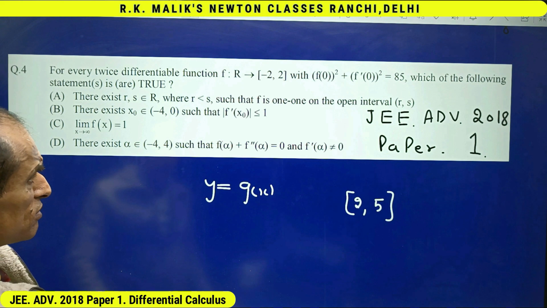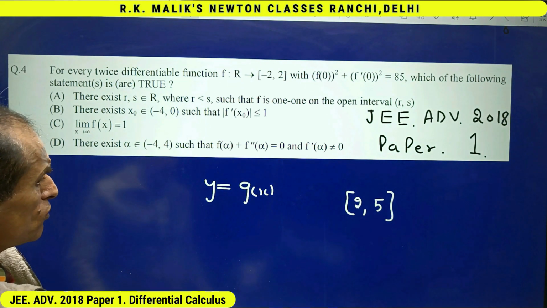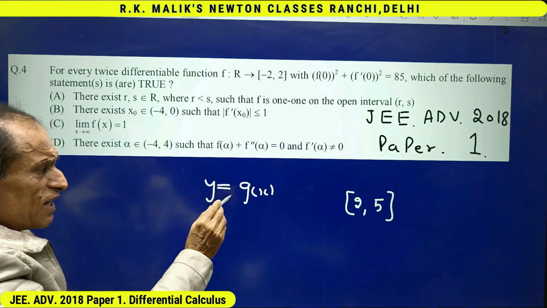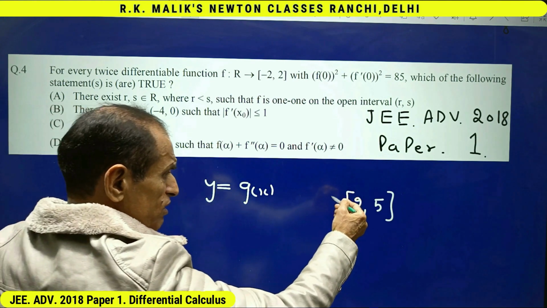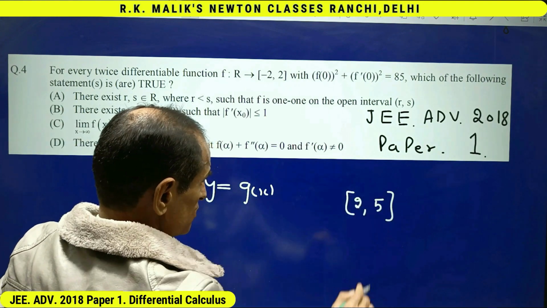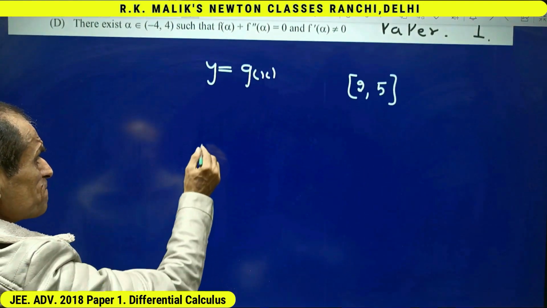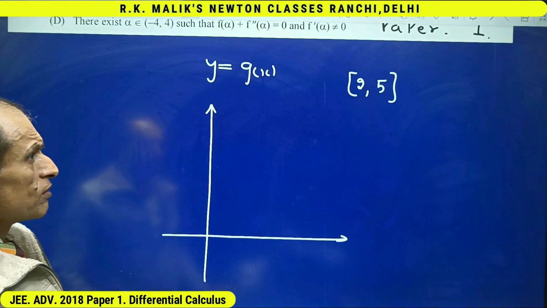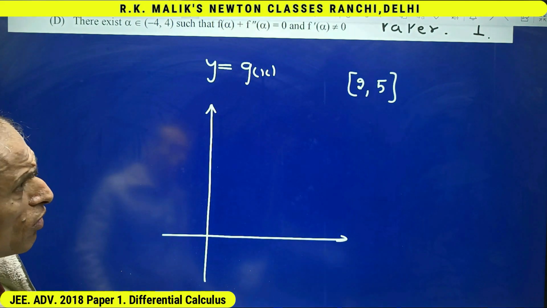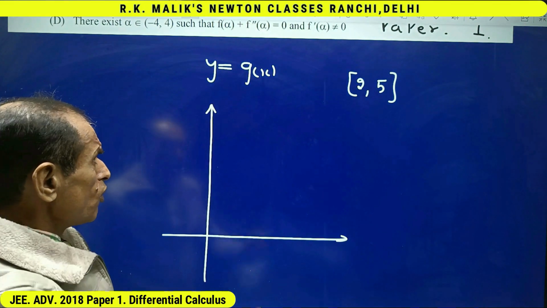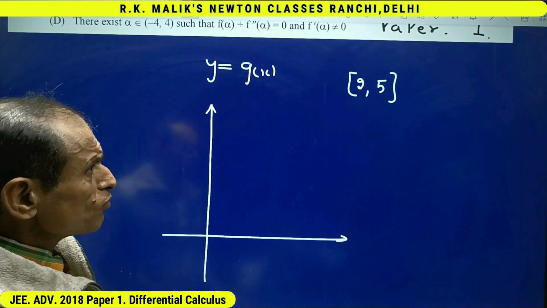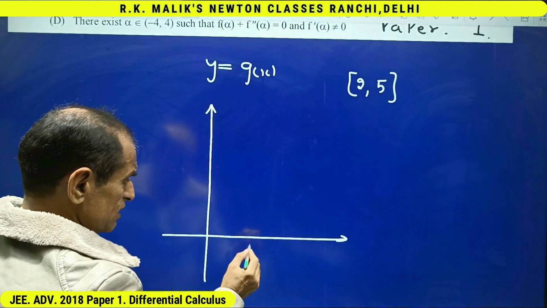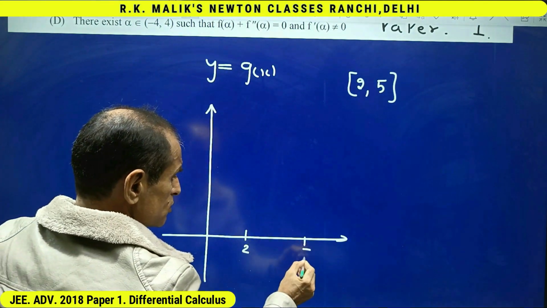I want you to make this concept clear: if for all the values of x lying in this interval, g'(x) is more than 1, then the length of the interval of the range of values of g(x) will be surely more than the length of this interval. Say this is 2, this is 5,